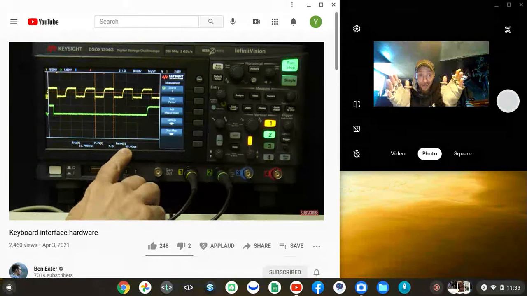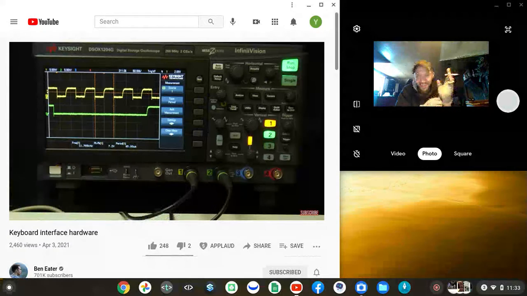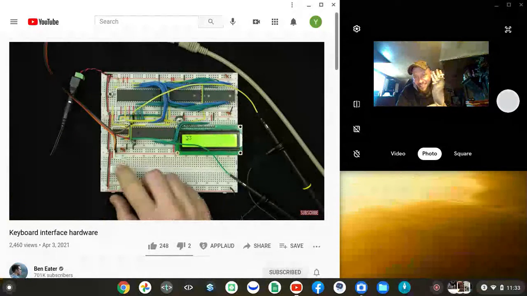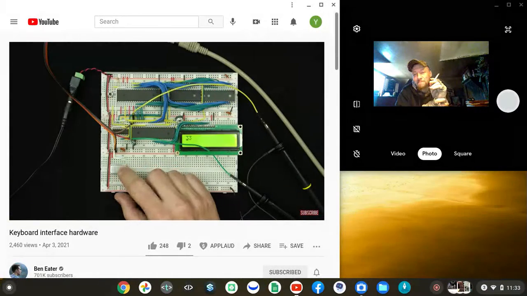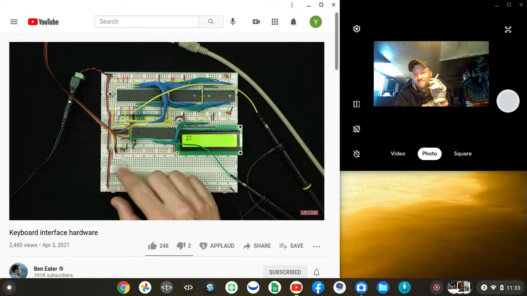In other words, we're getting an interrupt every 85 microseconds. And, we've got a 1 megahertz clock here, and so 1 megahertz is going to be one pulse or one clock pulse